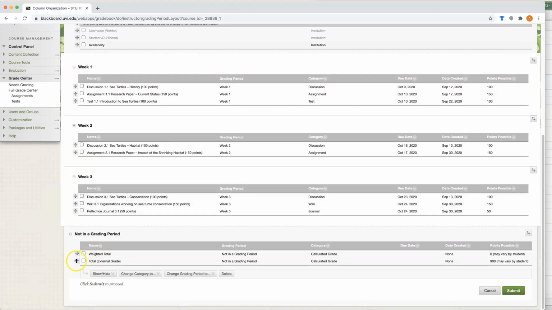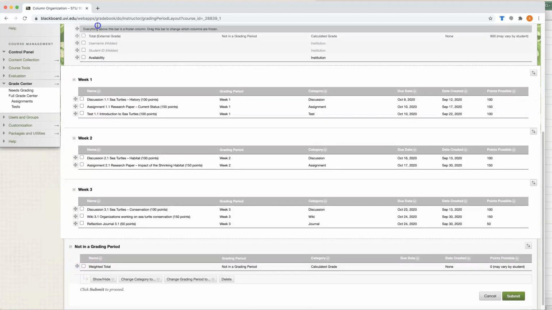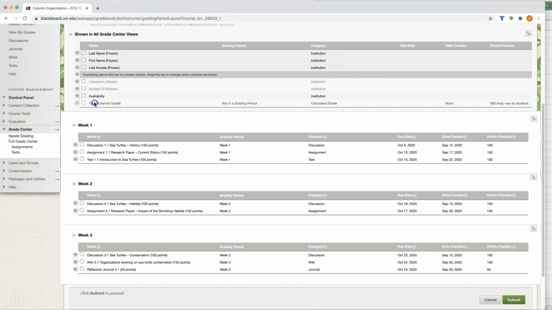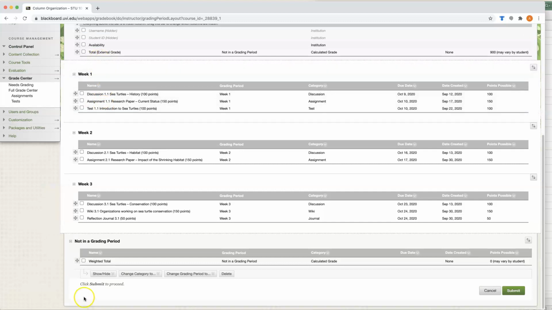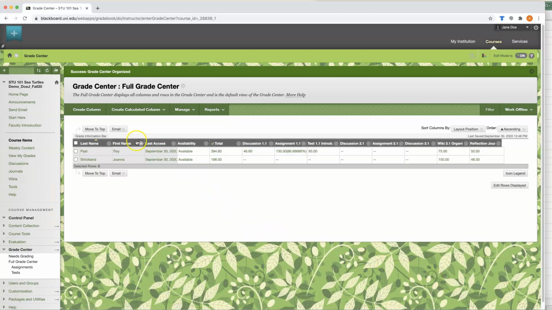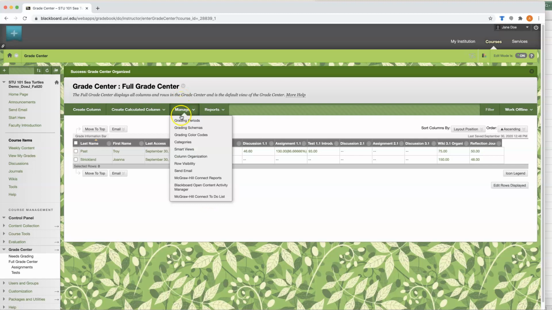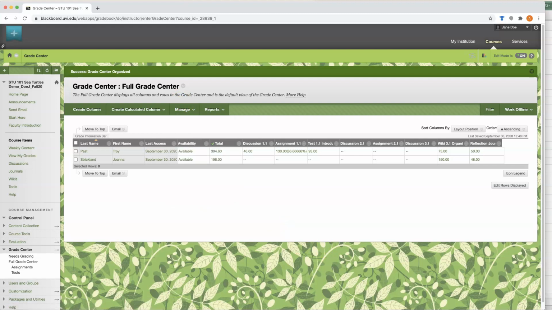I'm going to move the totals column to the top here so that amongst the first things that I see for a specific student is total points information. Since we are not using the weighted total, I'm going to select that and hide it. So now when I click Submit, I should see the organization of the Grade Center based on the way in which I set up the columns using the column organization option.